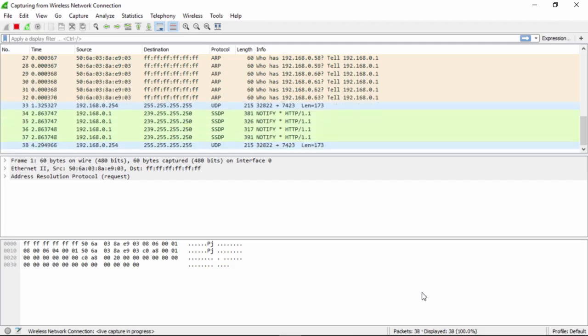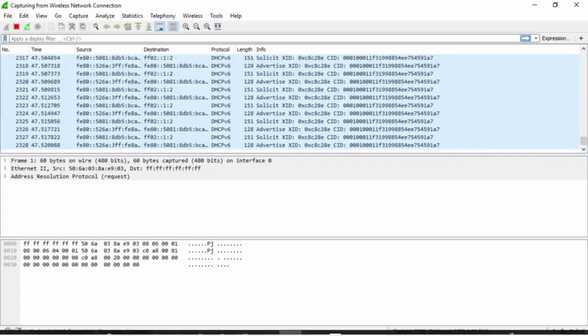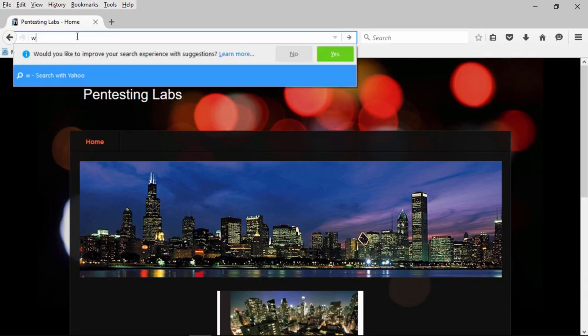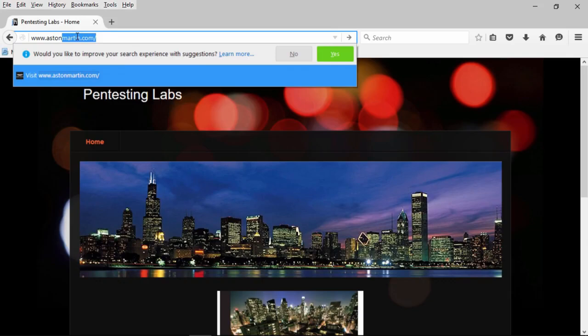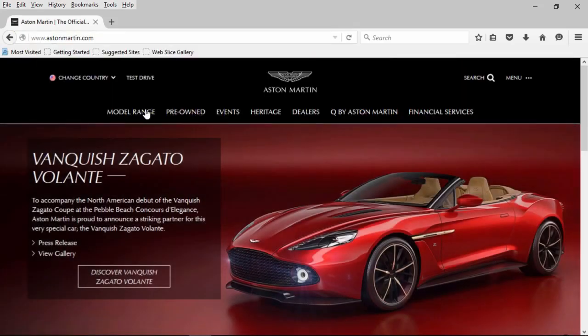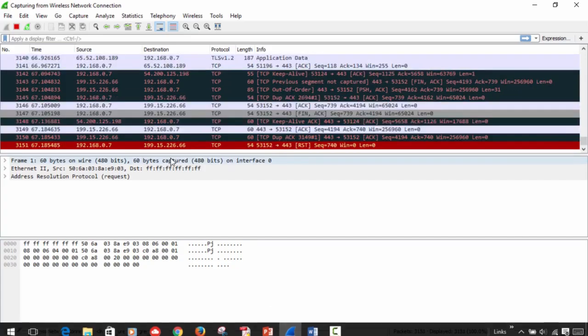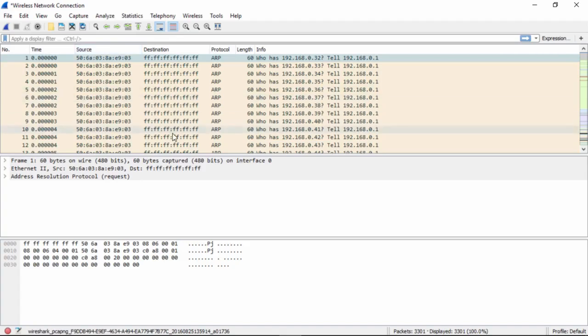So now what we want to do is generate some network traffic. I'm going to go to my browser of my choice, and I'm going to use Firefox again, and I'm going to enter some data. The main one I'm going to enter is that Aston Martin site again. Now, once I've gone to the Aston Martin site, I'm going to return to my packet capture and stop the packet capture. Now, we've already seen that the Aston Martin site is providing us with a lot of leaked information,